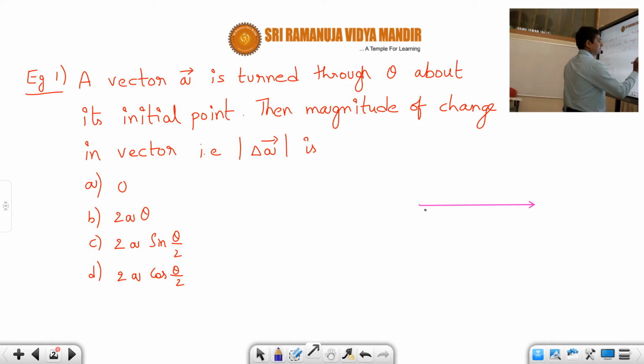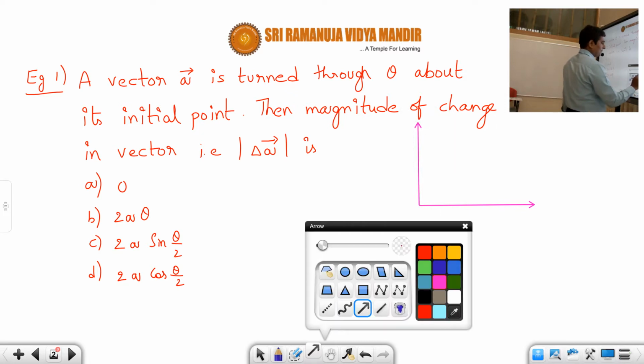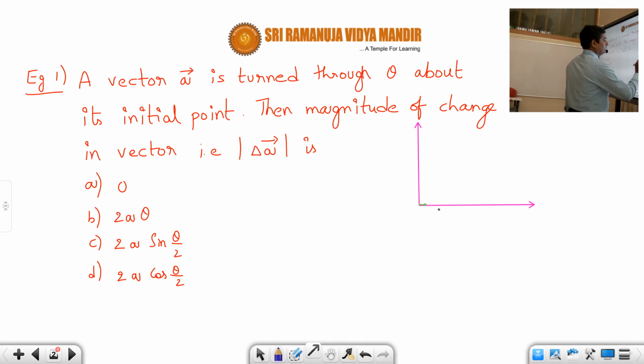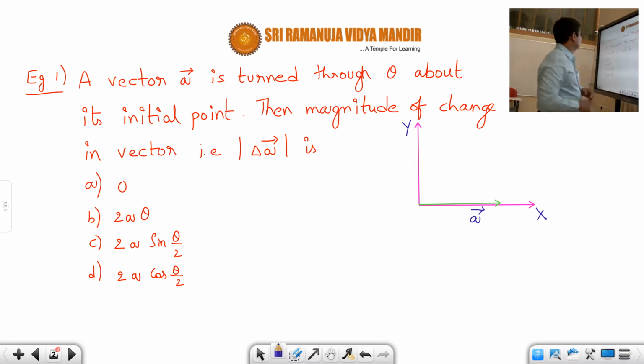Suppose this is the x-axis, this is the y-axis, and let us take one vector. Initially, let us say that vector is along the positive x-axis. This is the given initial vector. They didn't mention where it is, but we are taking it initially on the positive x-axis. Now when this vector A bar